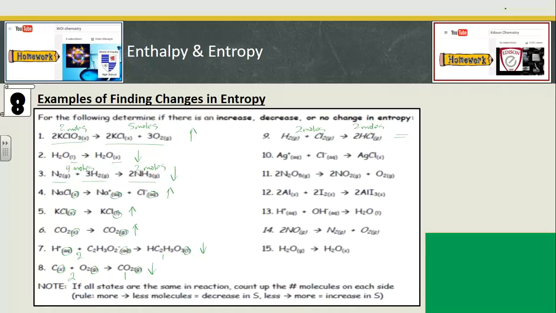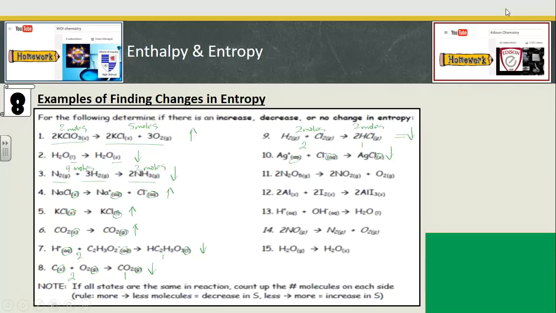It's almost a wash, but it's still two things becoming one. Two reactants becoming one product. So some would say the entropy decreases. Others would say it stays the same. I'm on the decreases side of things. Two aqueous ions becoming a solid product. Entropy is decreasing. I hope you start to see the pattern that I'm doing. I'm looking at the letter codes, the number of reactants, number of products, and deciding, are things getting more crazy and random, or are they getting more ordered?